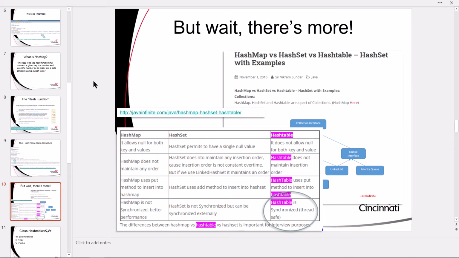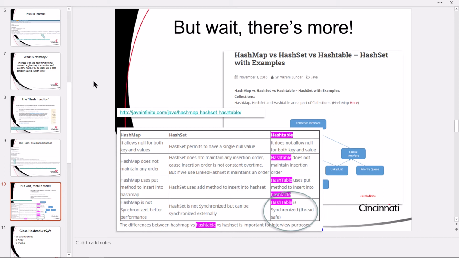Hash map, hash set, hash table. And you should be curious and acutely aware that there is, or there must be, a difference between them. Why are there 3 things that support hashing? And why are they called map, set, and table?